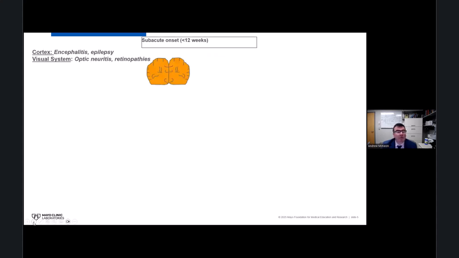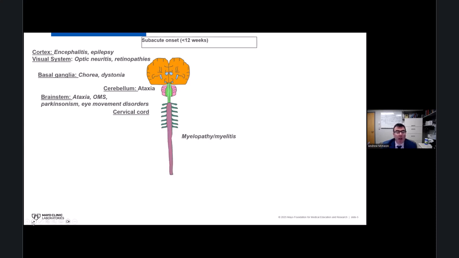And so starting from the top, you can have disorders affecting the visual system, so optic neuritis or retinopathies, encephalitides, epilepsies, and dementias, the basal ganglia, so movement disorders, choreas in particular, but also cerebellar disorders, ataxia, so another form of movement disorder, and then related disorders that overlap between ataxia and brainstem function, or the brainstem encephalitides, which can present with mimics of Parkinsonism or ataxia, opsoclonus myoclonus syndrome, or other eye movement disorders, and then myelopathies and